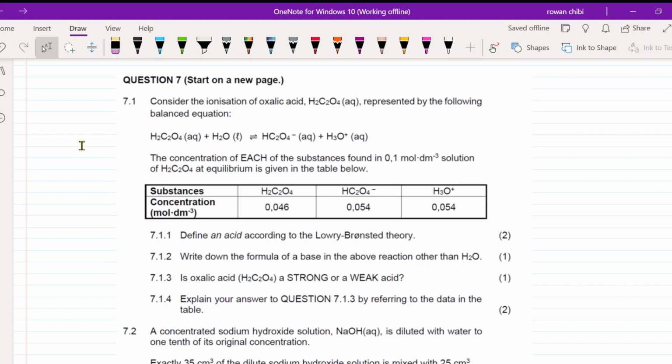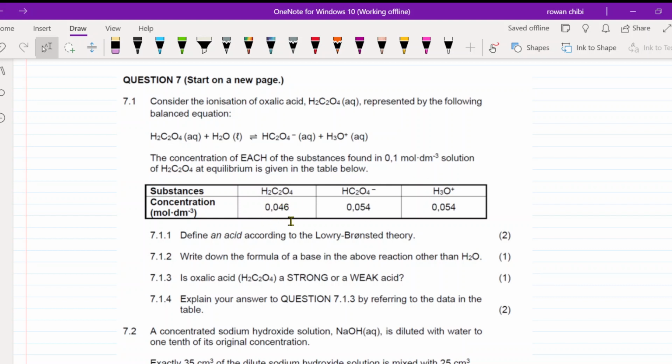So question 7 on your paper 2 September exam was saying, consider the ionization of oxalic acid, which is C2H2O4, represented by the following balanced equation. So here is a balanced equation that they gave you. They said now the concentration of each of the substances found in a 0.1 mole per cubic decimeter solution of H2C2O4 at equilibrium is given in the table below. So you have now these 3 substances,